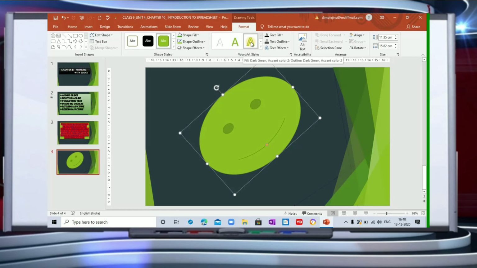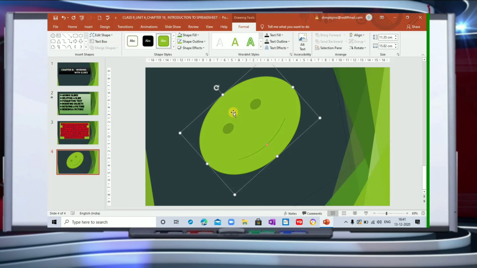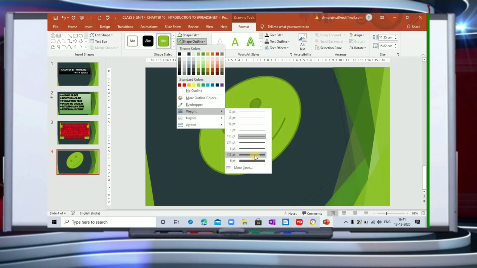You can write also, word art styles you can use, and you can use text outline if you want. You can use text outline if you have written some text, and you can use text fill feature also, that's given here. So these are the different things that you can use with the shapes as well. You have shape fill, you have shape outline, you can use weight also of the shape outline, thickness also.